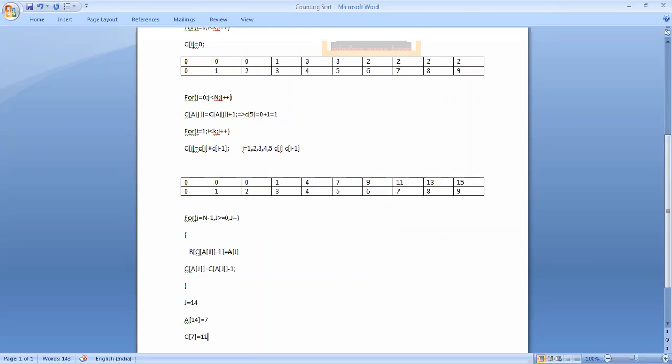So 11 minus 1 means 10. Okay. So now directly we can write B10. So that means C[A[j]] value is 11. C7 value here is 11. And here the condition is B[C[A[j]] minus 1]. Yes, C[A[j]] minus 1, so 11 minus 1 equals 10.